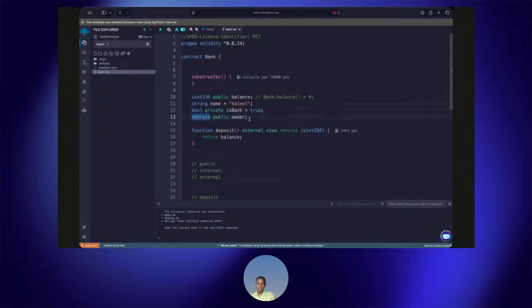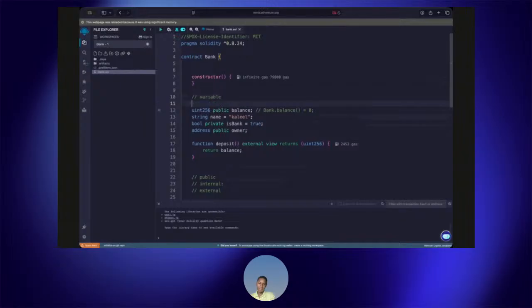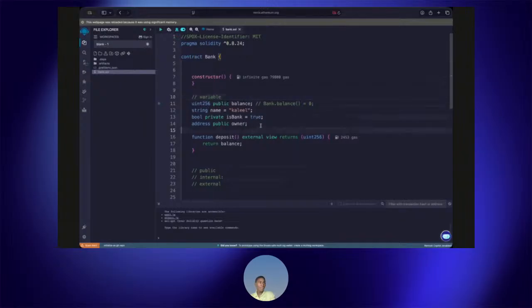We all know an example of an address is 0x, followed by 20 bytes in hex characters. So we have these basics, and we are moving to something more complex. Not complex, it's actually easy.